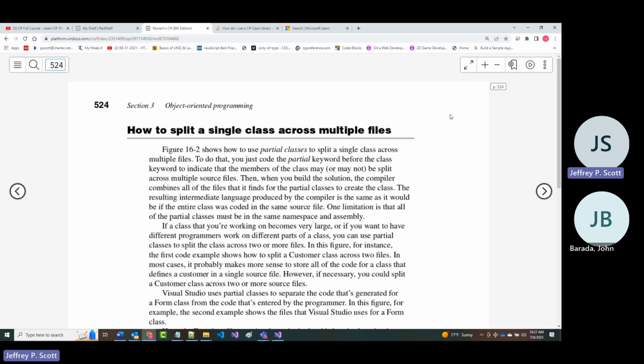But as the author says here, this figure shows you how to use partial classes to split a single class across multiple files. So to do that, you just code the partial keyword before the class keyword. And they're going to show this.